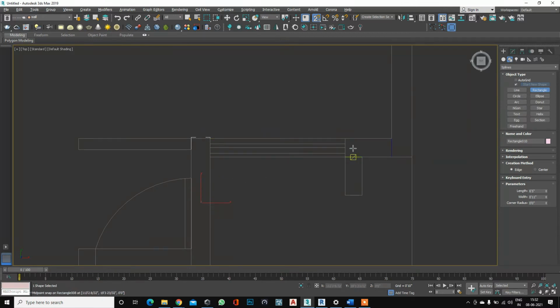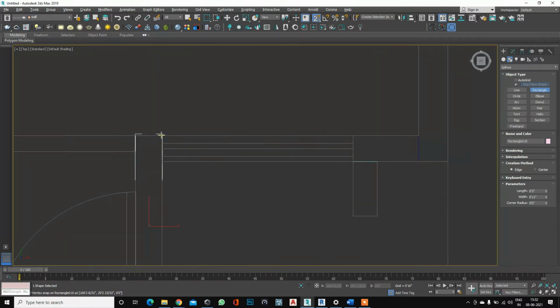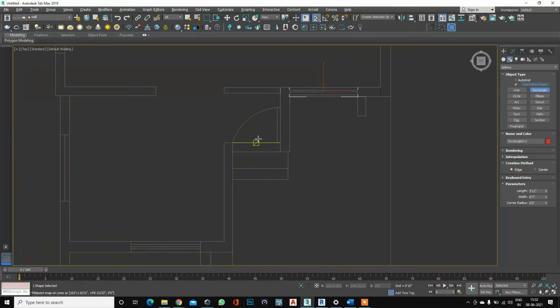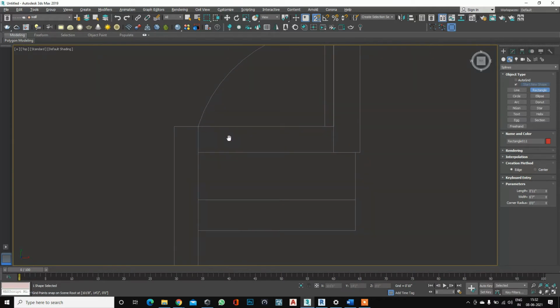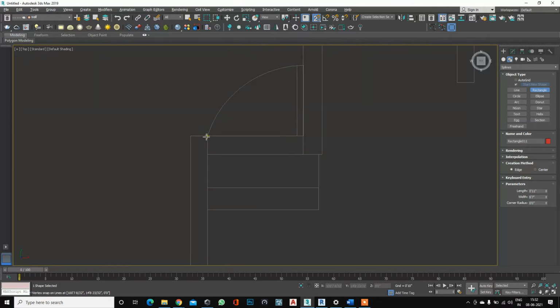This is our window portion, so we need to create it separately. So I started from here and ended here. Now this is our door, but the door height is not till the slab height. After the door there is also a wall, so we need to create a wall here also. So here I create.